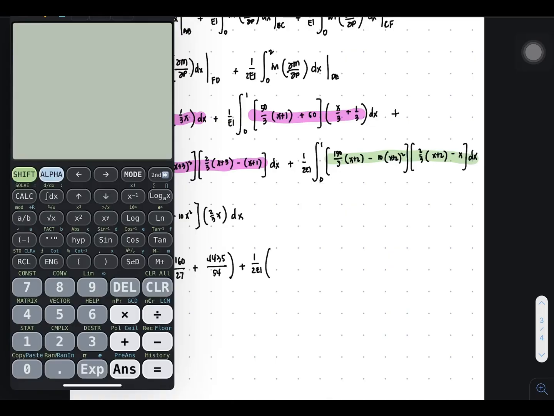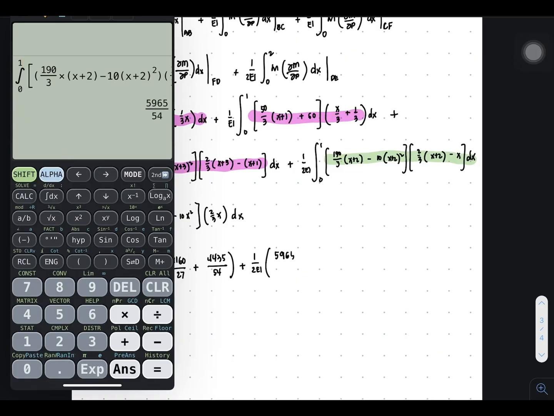So it's the integral of 190 over 3 times x plus 2 minus 10 times x plus 2 squared times 2/3 of x plus 2 minus x, and the limit is from 0 to 1. So this is 5965 over 54 plus